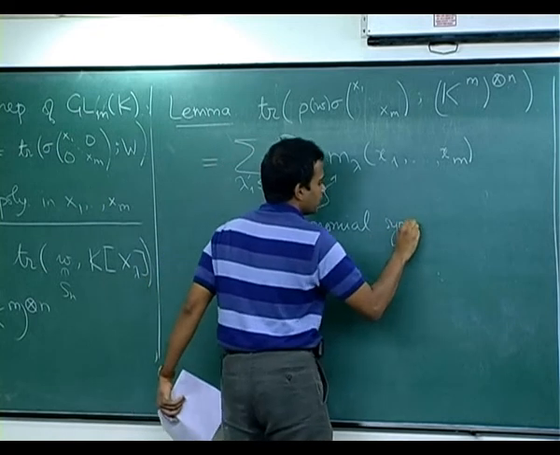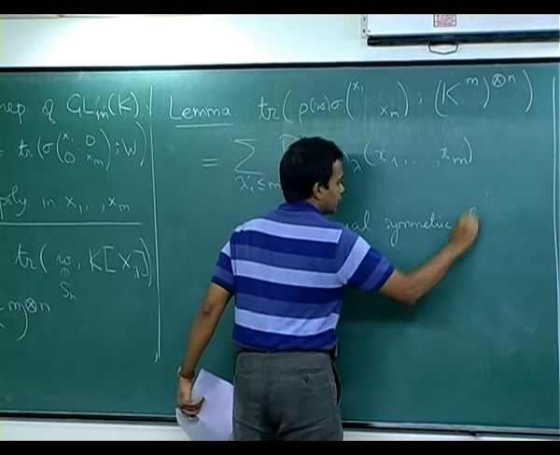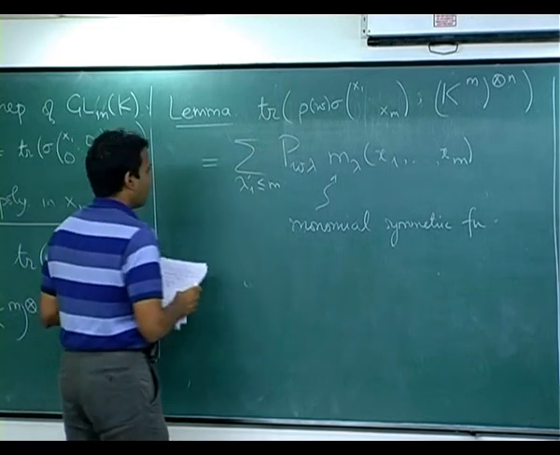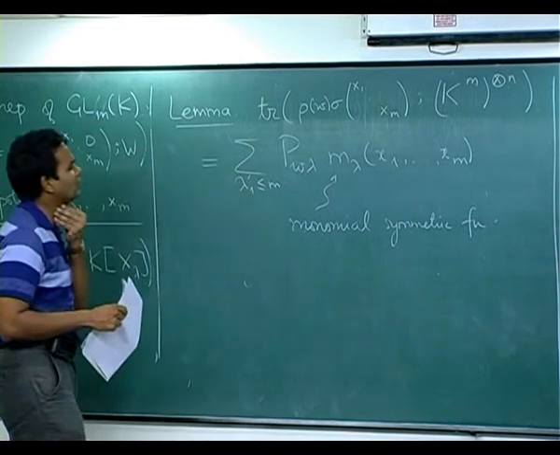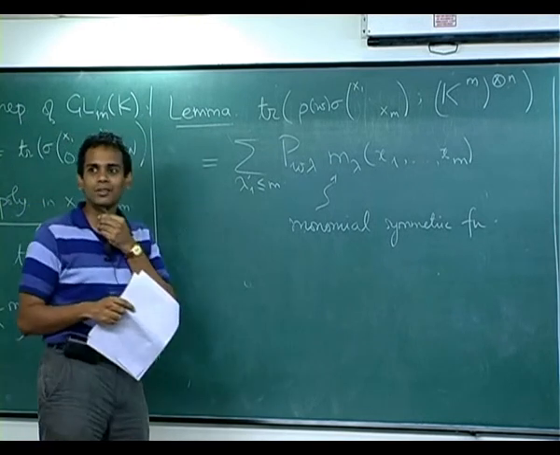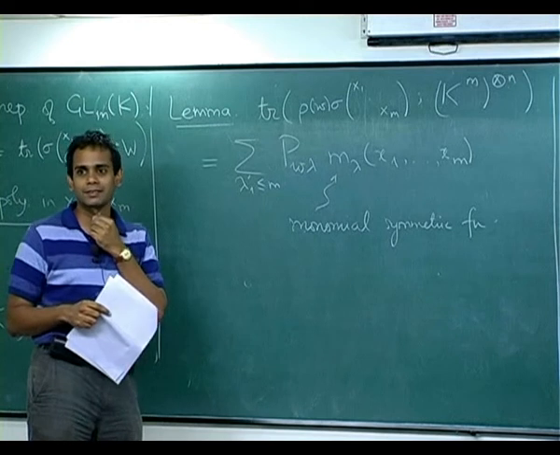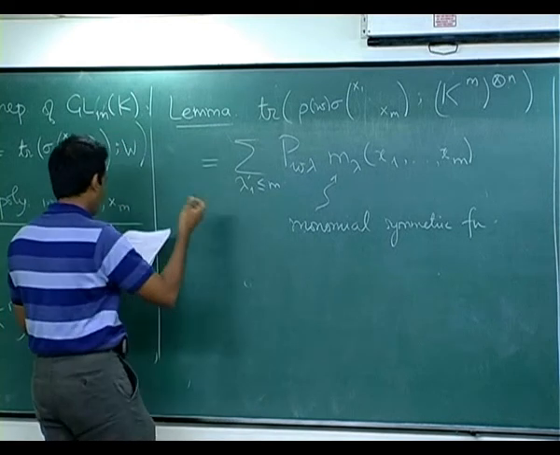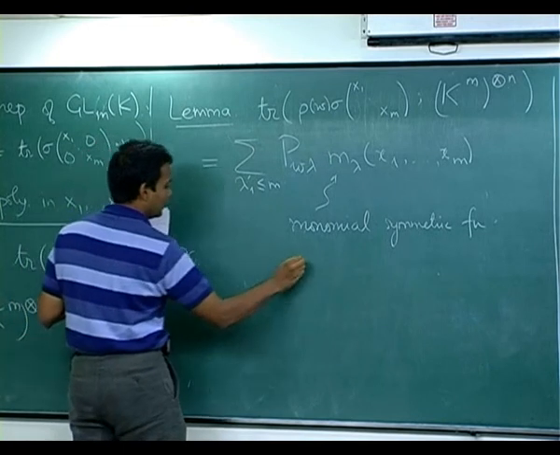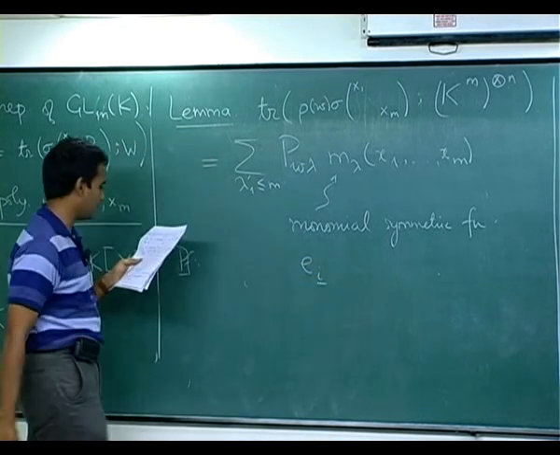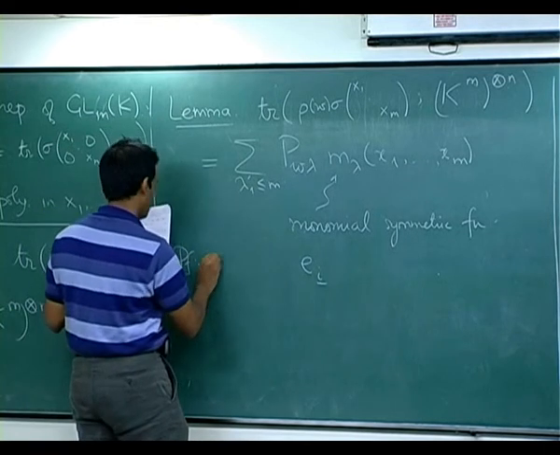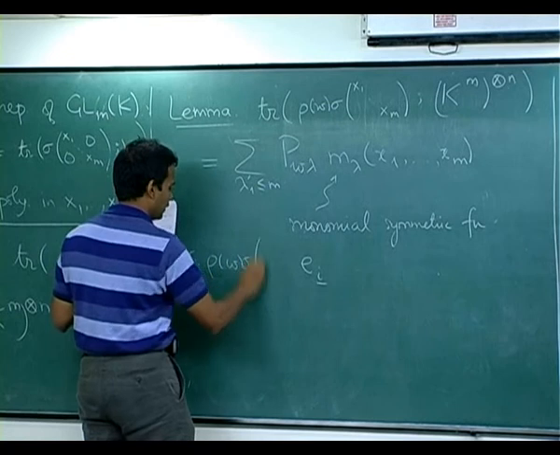This is the monomial symmetric function of shape lambda. And well, how do you compute the trace of something? The easiest way is to take a basis and then look at what each basis vector contributes. We already have a basis. We will take e_I, where I is a multi-index, and let us look at what happens when we apply rho of w sigma